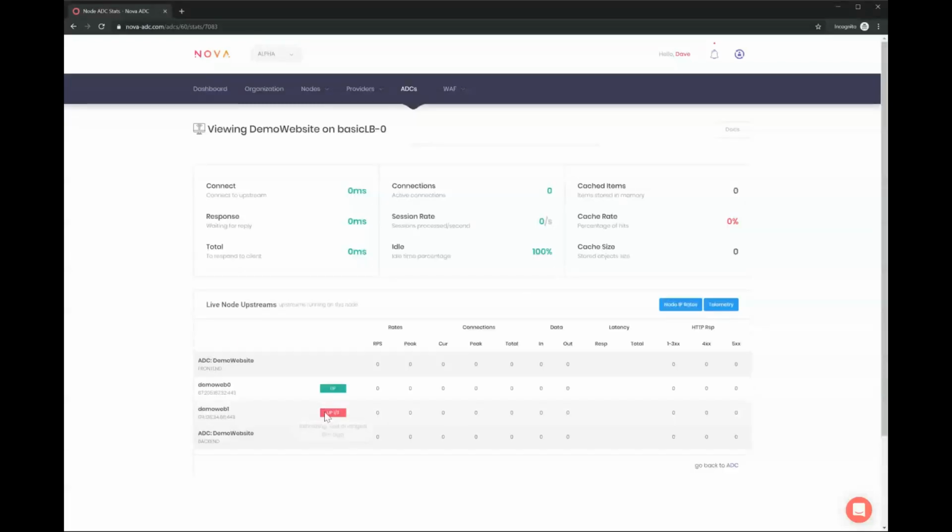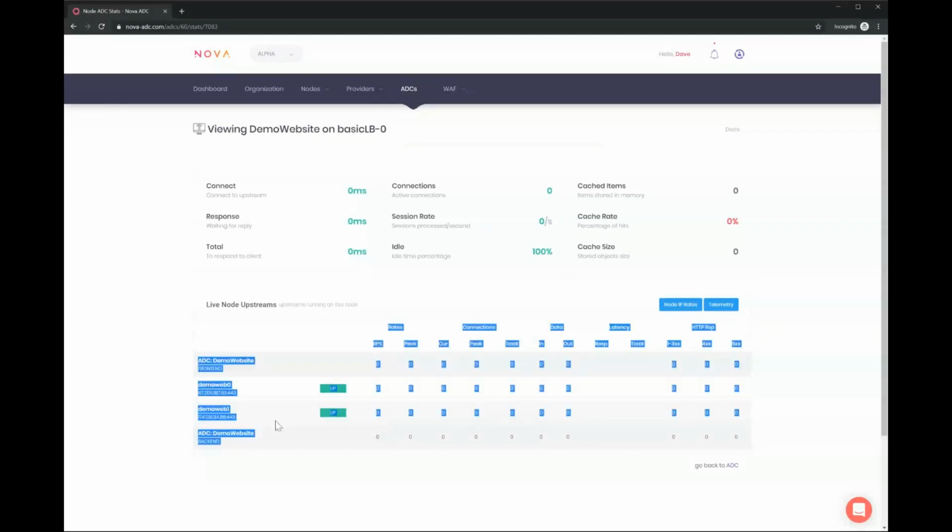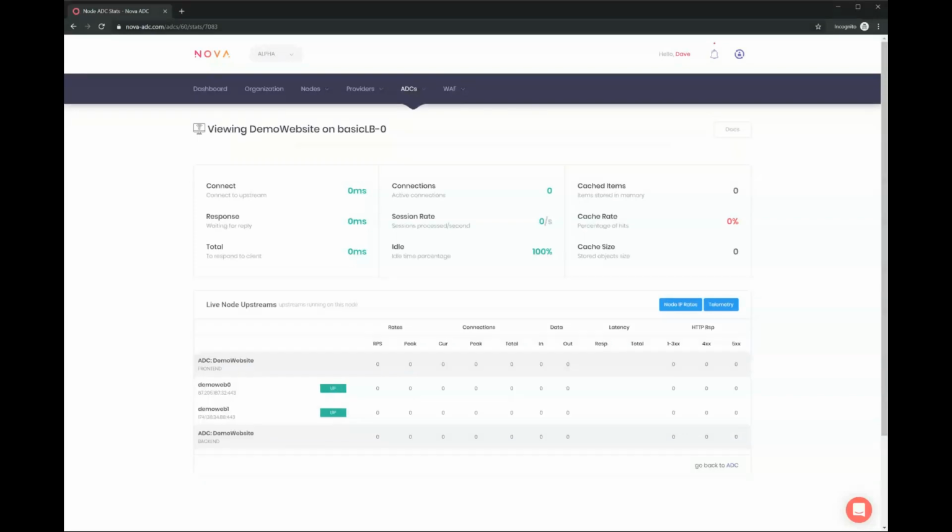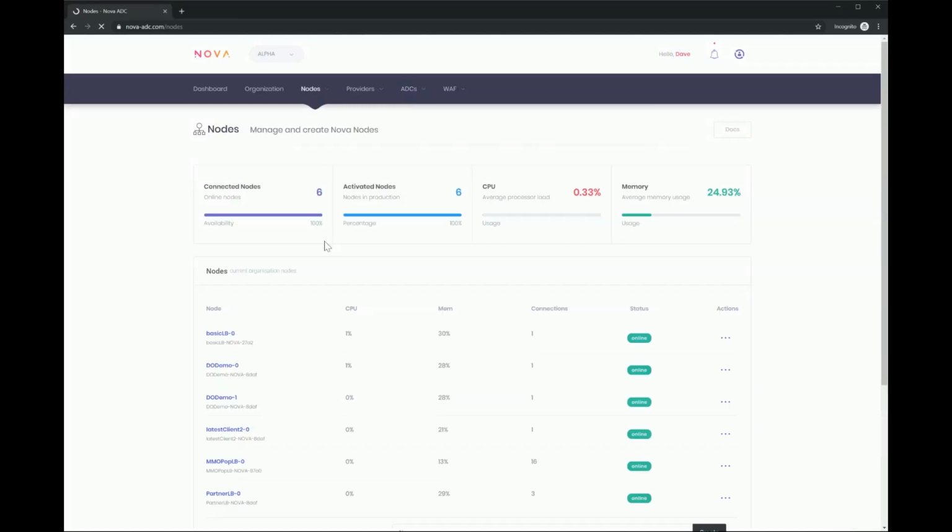So you can see, because it's reloading, 1 out of 3, because it's doing the health checks, and now they're all online. And this is the ADC that's running in our cloud account. So this would be on-premise in your data center, in your VM environment, or in your cloud tenant or your container setup. Now, this is ready to go. And if we have a look at our node, we should be able to send traffic there, right? It's a server, it's an ADC, it's got a load balance on it. We can send data to it.